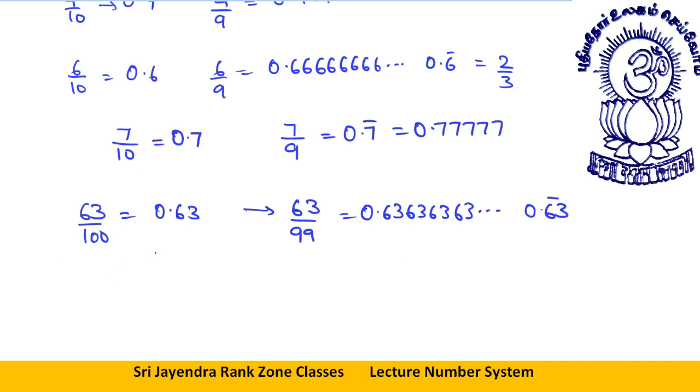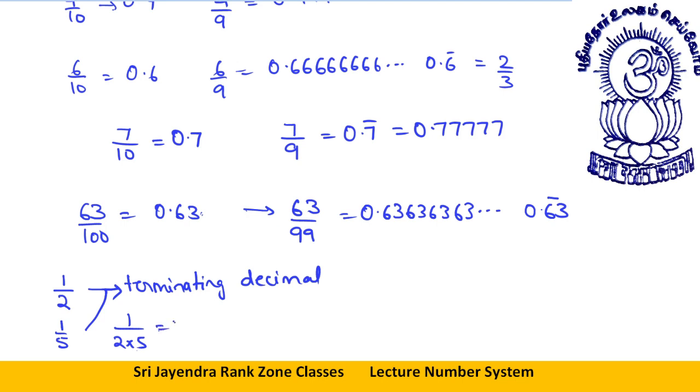Now students, there is a small logic behind this recurring decimal. If there is a number, any number, let's say 12, 2, anything, with 1 over here, if 1 is divided by 2, or if this 1 is divided by 5, you will get a terminating decimal. Terminating decimal means it terminates over here. In both cases, you will get a terminating decimal. Even if you get a combination of 2 and 5, that is 10, 1 by 10 will give you what? 0.1. 1 by 2 is 0.5. 1 by 5 is 0.2.